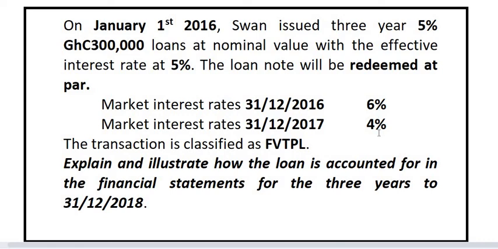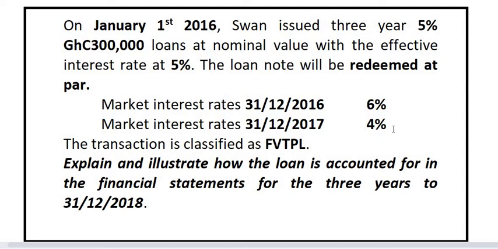I think that's the commonest example we can give, but there are other factors linked to changes in the market interest rate. So we started the year with 5%, but at the end of 2016, it changed to 6%. And at the beginning of 2017 it was 6%, but it changed to 4%